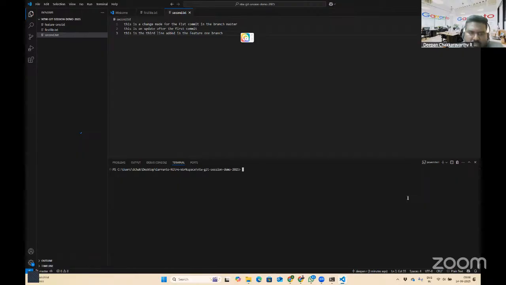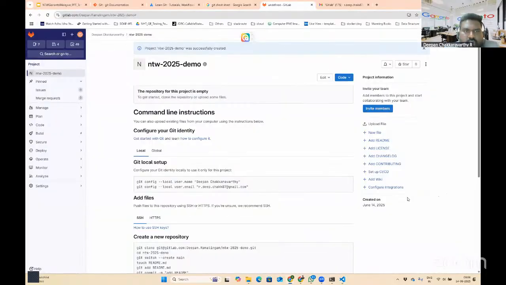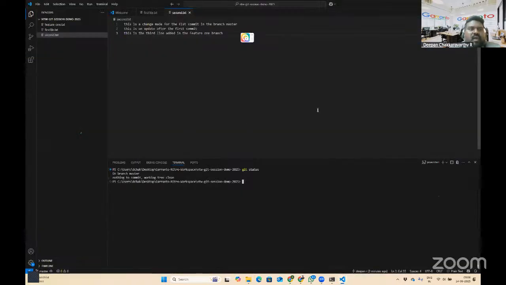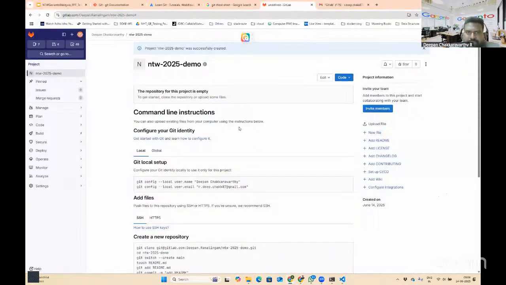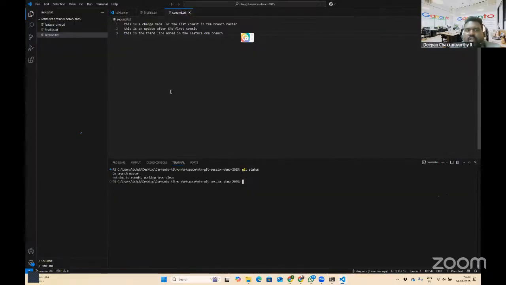Right. So I'm in branch master. I want to push the master branch to this repository, to this remote repository. Now this is a local repository, and I want to push it to this remote. Specifically, I want to push the master branch. This local repository currently has multiple branches, so what I want to do is push my master branch to this repository.